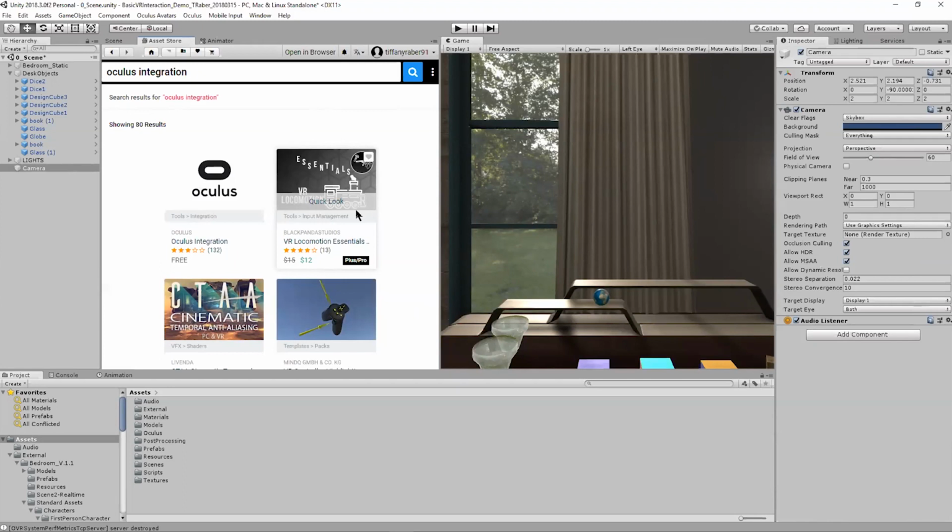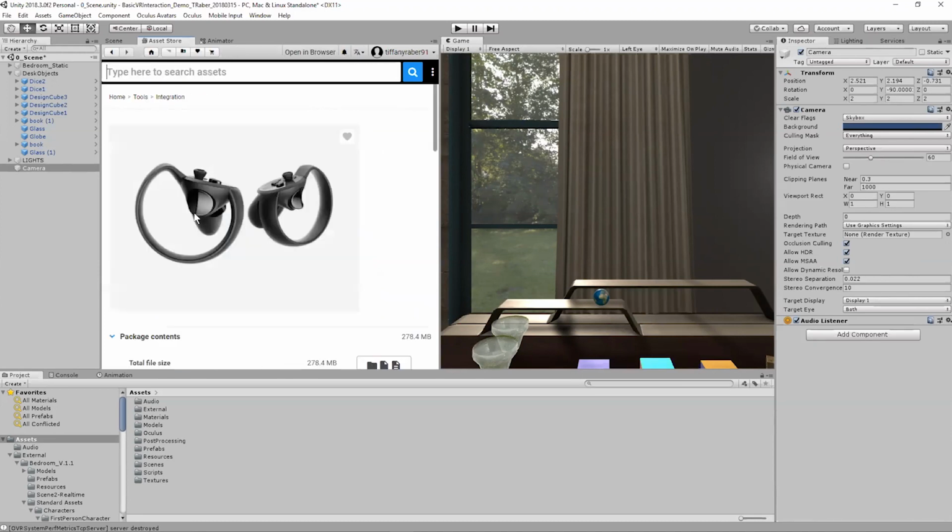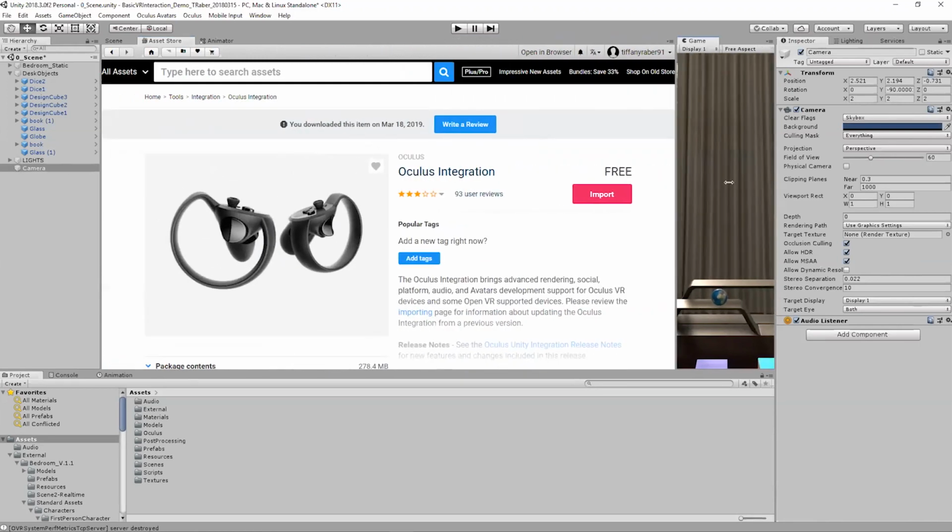Okay, yeah, no problem. So you can get the Oculus integration by just simply clicking here. The Asset Store has a weird UI setup, so you may have to expand the window. And then what it'll usually say is download first, and you'll have to download the package, and then it'll prompt you to import. When you import, it's going to decompress, and it would probably take a while. And then it will come up with a little import window. And it'll ask me what I want to import. And hopefully I didn't